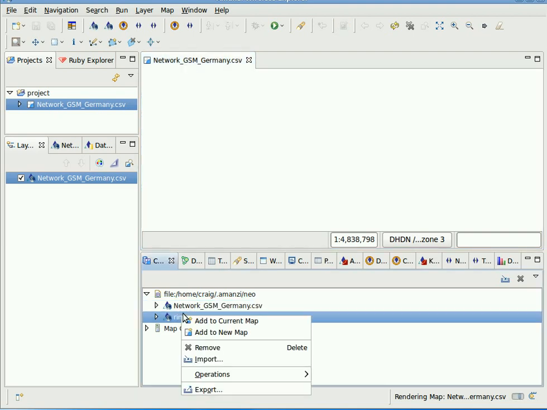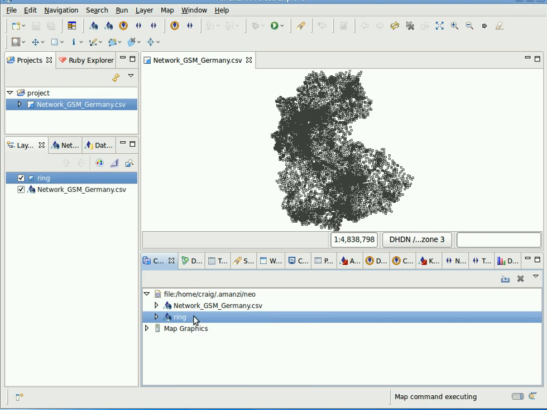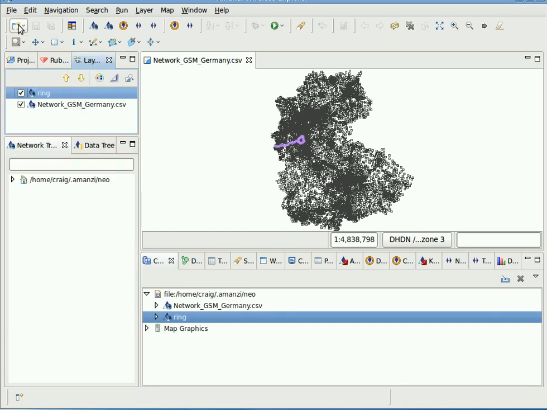And I'm going to add some drive data to that as well. And we'll have a close look at that